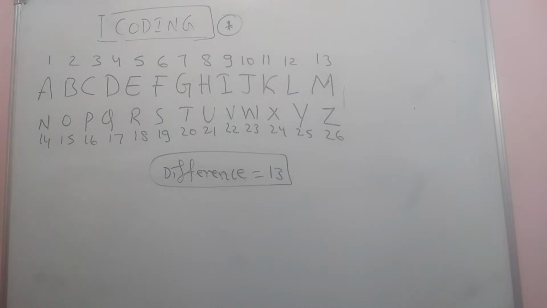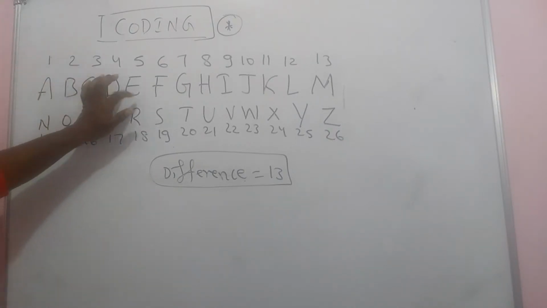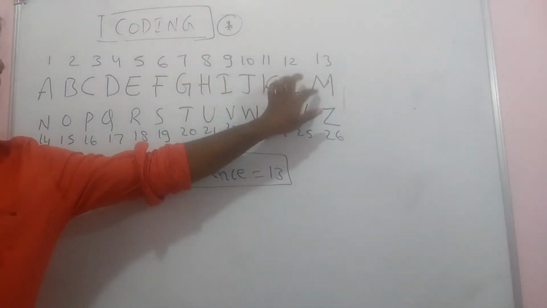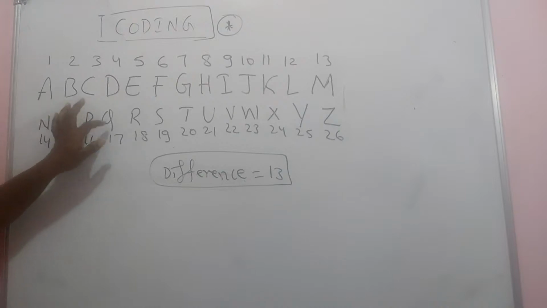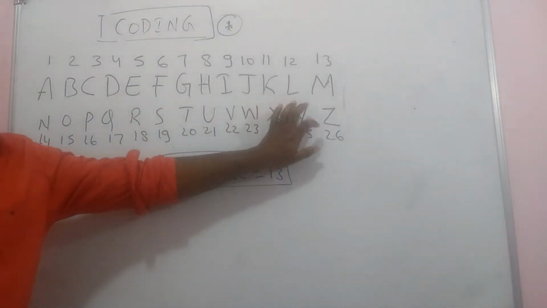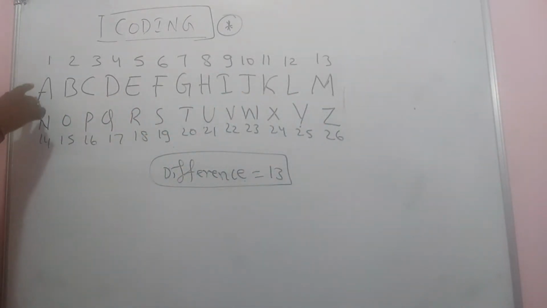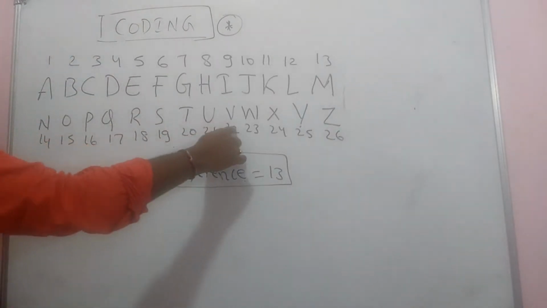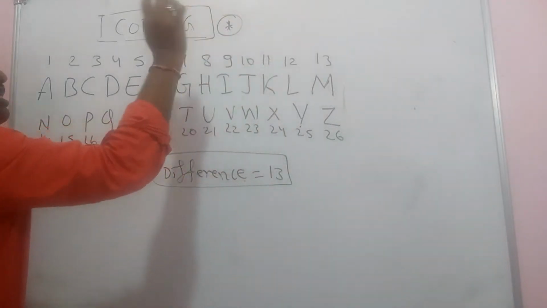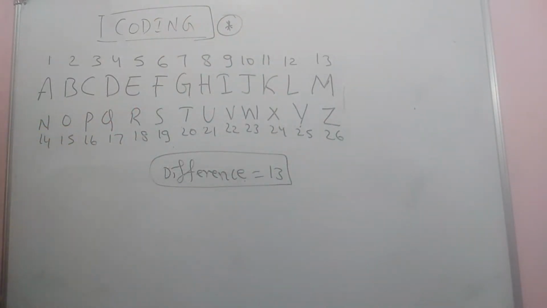Yes, Prathamesh. So the difference of any two letters is 13, and we call them corresponding letters. Like what I say here, A, B, C, D, E, F, G, H, I, J, K, L, M. These are 13 letters. You see that. N, O, P, Q, R, S, T, U, V, W, X, Y, Z. Just look here. This subtraction is 13. Anywhere you take the subtraction, it is 13. So these are called corresponding letters.